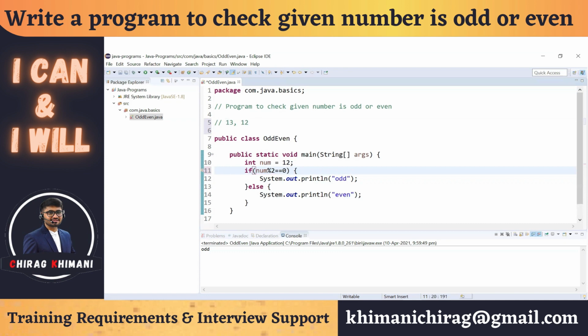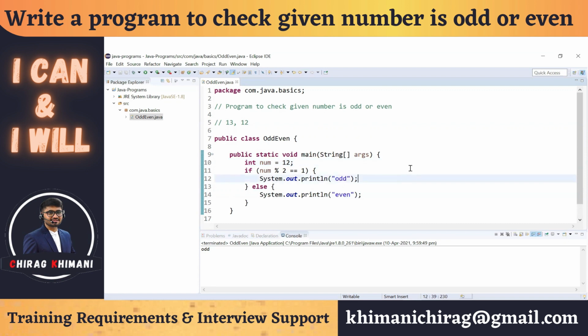So if the number is divisible by 2, that means we get modulo equal to 0, then it's an even number, right? So we just have to write 1 here. If we get the remainder 1, then it's an odd number. If we get the remainder 0, then it's an even number, right? And when you do modulo with 2, the only possible remainder is either 1 or 0. So if we get 1, we print number is odd. If we don't get 1, we print number is even, right? Only two possible outputs, so we can use if and else, right? Perfect. So we have solved the program.